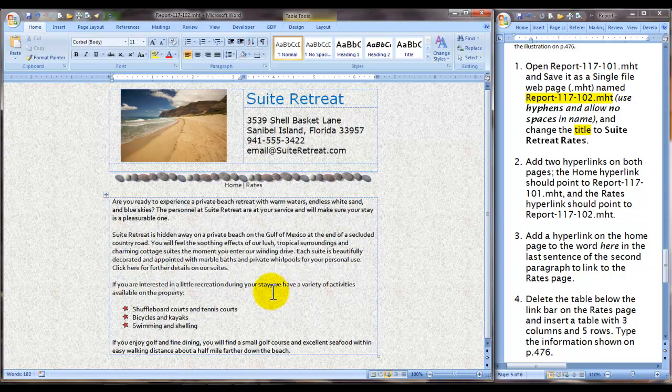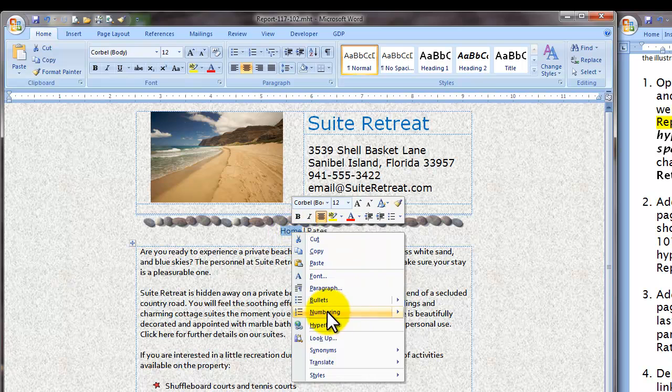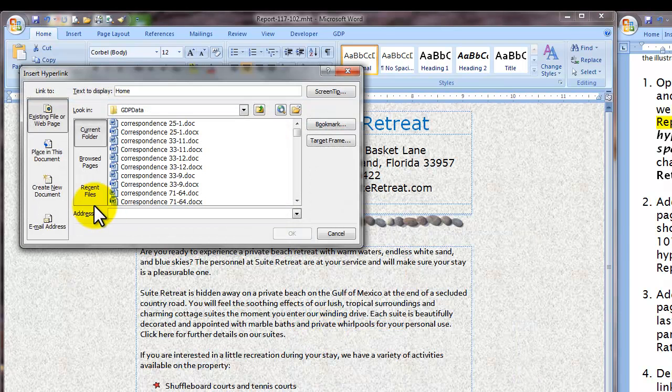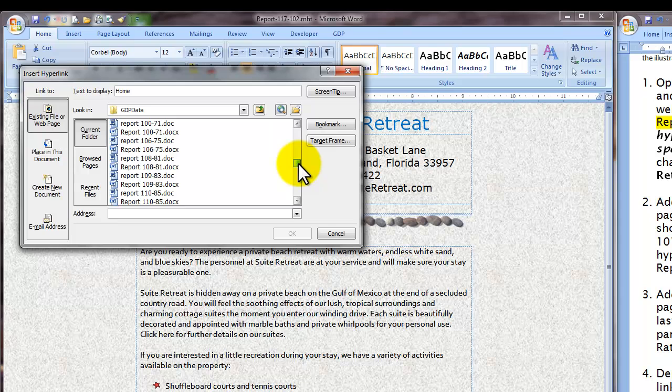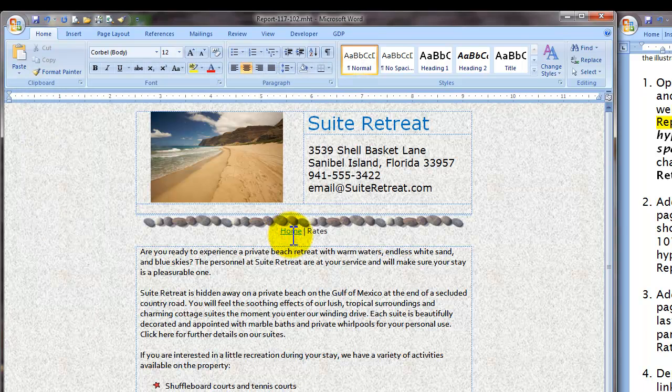The next step is that we're going to add 2 hyperlinks on both pages. And to do that, we're going to select the word Home, right-click, and click Hyperlink. We're going to make this link to another existing file. So looking in the current folder or wherever you have stored yours, we're going to look for Report 117-101.mht, which is right here. That's what we're linking to for Home. And for Rates,